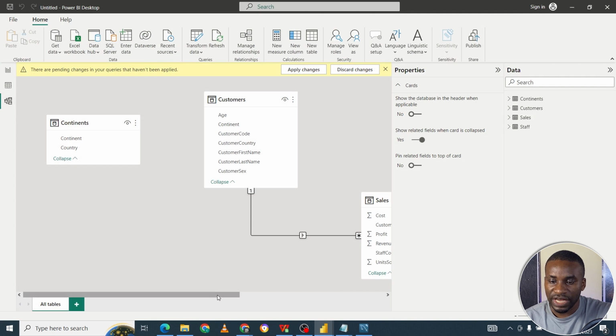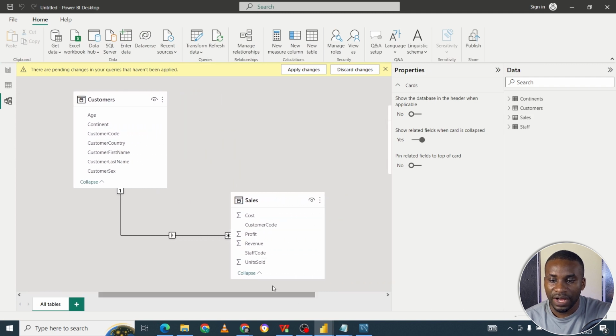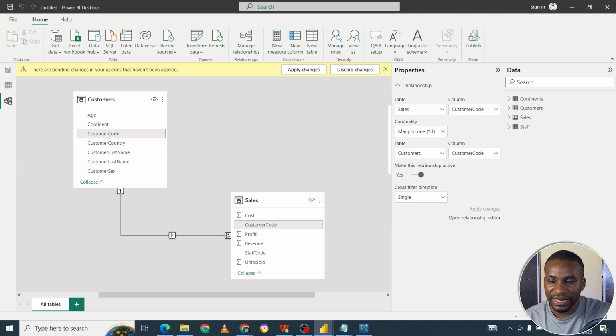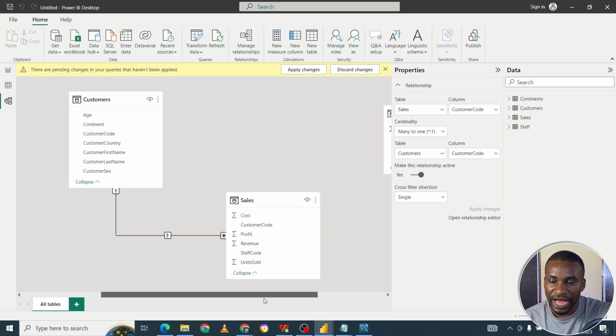So we can check here and see that our Power BI automatically detected the customer code and the customer code here from customers. And you can see a one-to-many. So the customer code here appears one time, but here it appears many times in the sales, which is good. Now it didn't